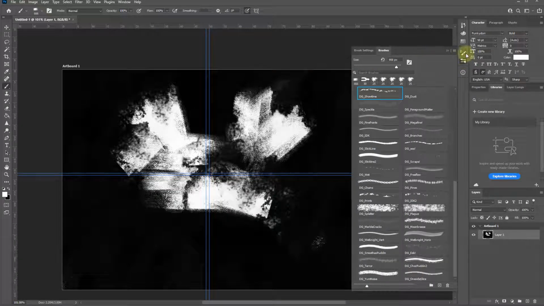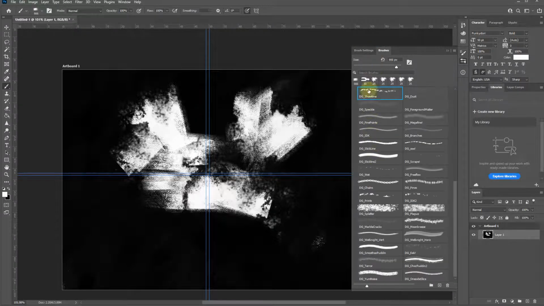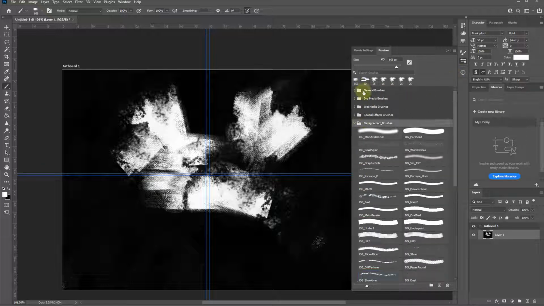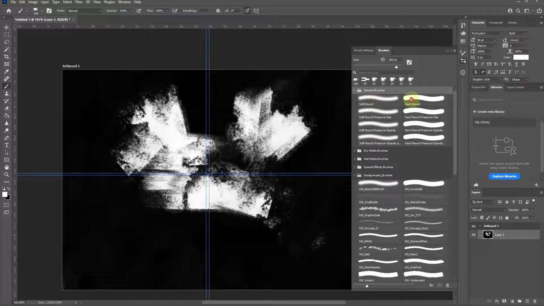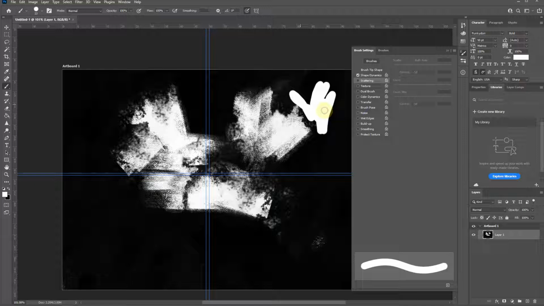Let me switch back. I'm going to just go to a normal brush. Brushes. Back up. General brushes. So these are going to be the ones you guys are more used to. So let me just go with this default right here. Crank that size way down. And so there's your kind of standard brush. If I turn on the scattering,